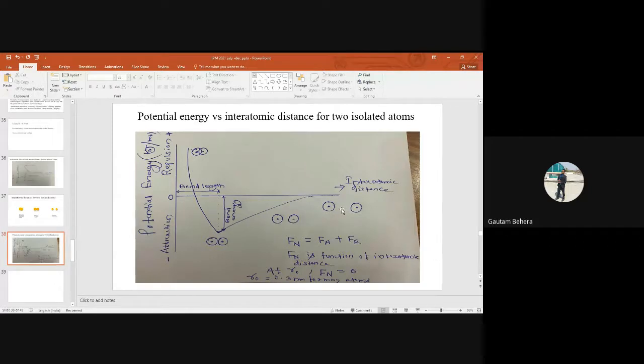You can see what I have told. I have told that a strong attractive force will be acting on the two atoms. The dominant force will be the attractive force. How will the attractive force come into existence? Because you understand atoms have a nucleus, right?